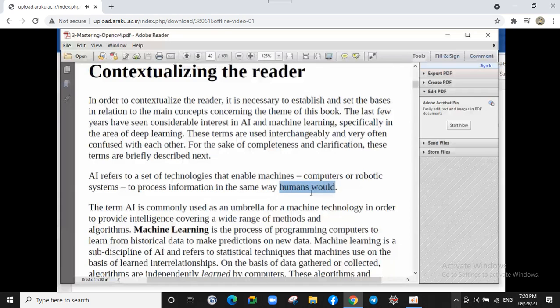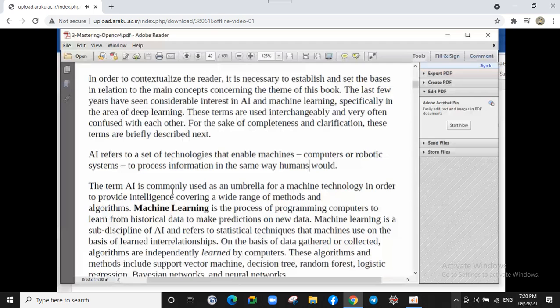Of course, there are different definitions for AI, but in this book this definition is used: a set of technologies that enable machines to process information in the same way humans would. The term AI is commonly used as an umbrella for a machine technology in order to provide intelligence covering a wide range of methods